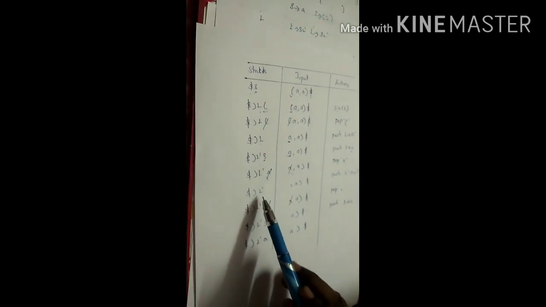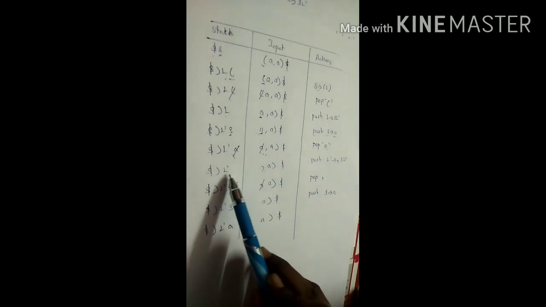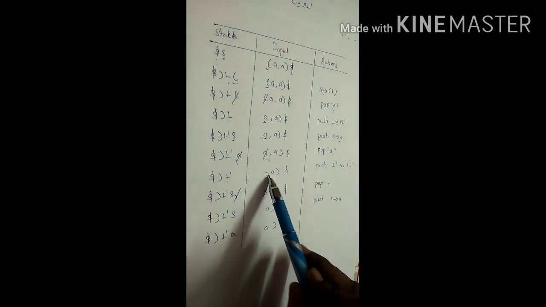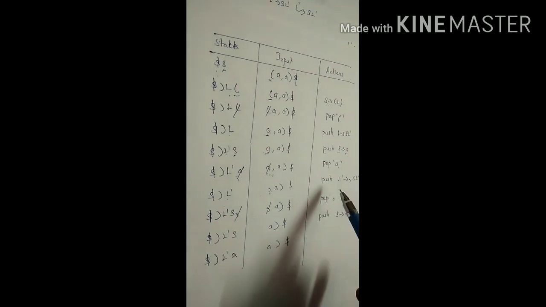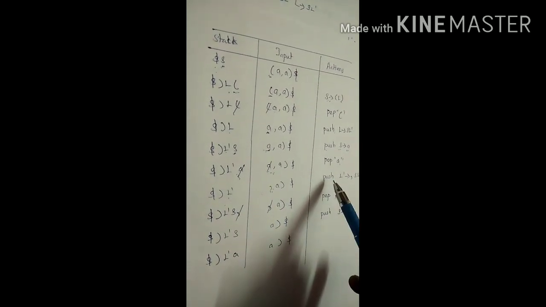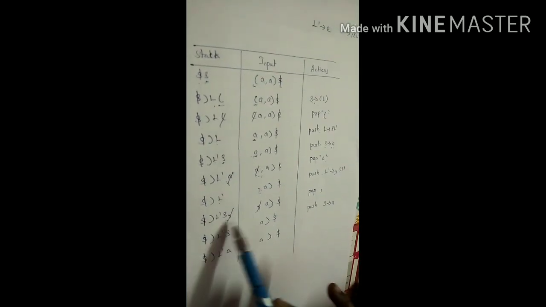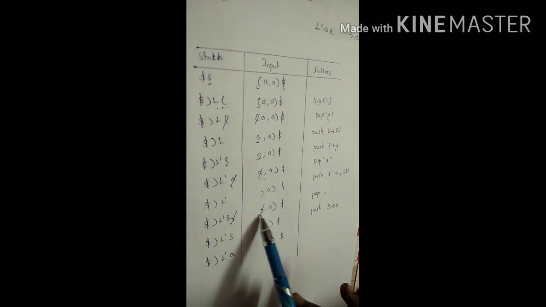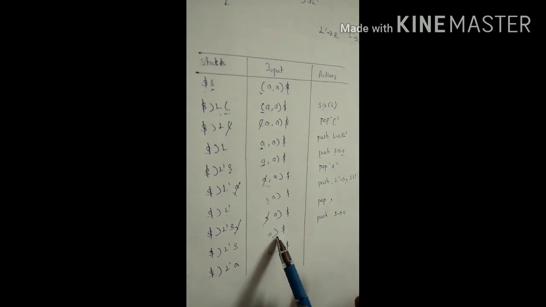Now we have L dash on the top of the stack and the current input symbol is comma. We have to consult the predictive parsing table to perform the next operation. Here we have the entry L dash comma: L dash tends to comma SL dash. So push that. Then we get the same symbol, comma and comma, so pop the symbol and advance the input pointer to point to the next input symbol.